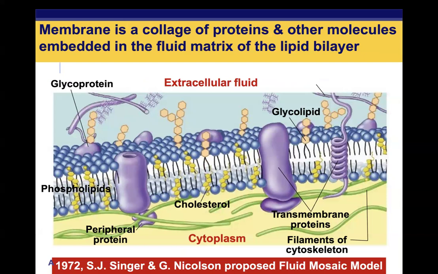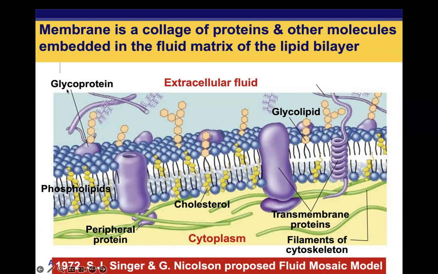Here is a picture of the whole cell membrane, and you'll see some common features. You'll see the phospholipids and the cholesterol molecules. You'll see membrane proteins, some transmembrane proteins, and some peripheral proteins. You'll also see what are called glycoproteins, which are proteins that have